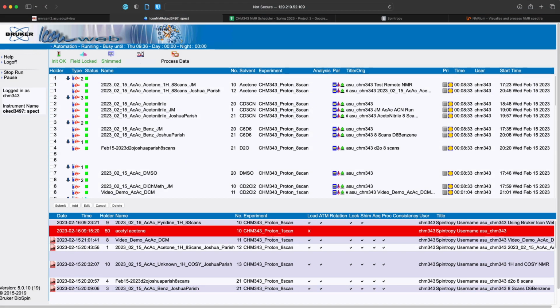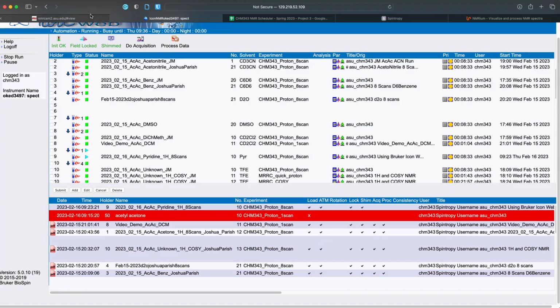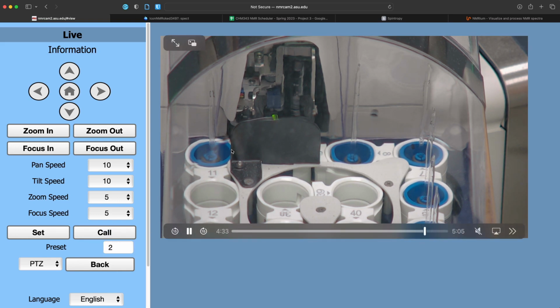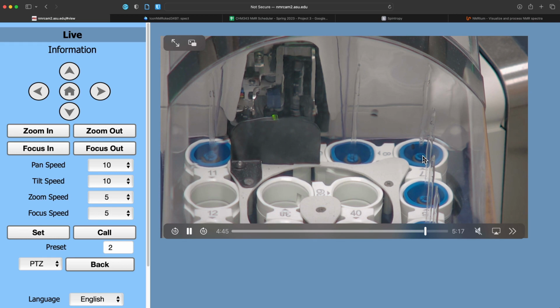And in this case, it'll allow you to, for example, add and try to run an experiment even in one of the positions, like for example here, position 50, that doesn't have a sample in it. So the reason for the live view is you can quickly deduce where your sample or where the range of samples are in the Sample Express and which ones do not have samples in them. In this case, we have NMR samples for Chemistry 343 in the sample positions 1 through 10